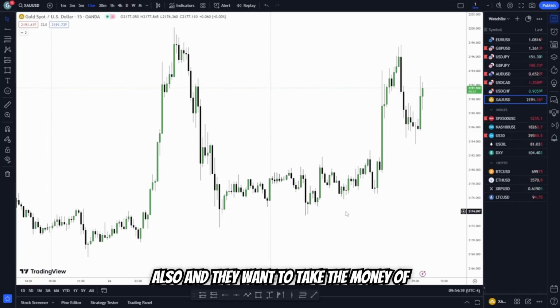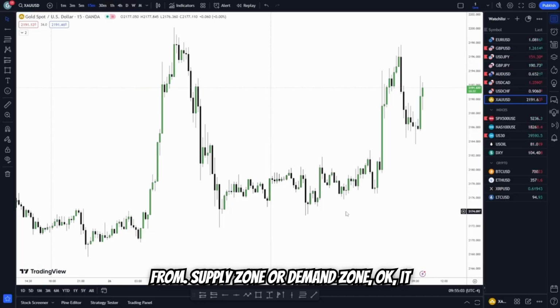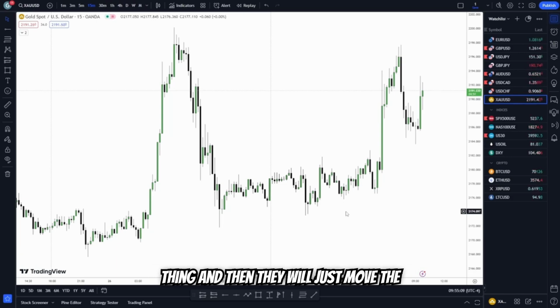also, and the money of normal retail traders. They want to take money wherever they can get it. If they see $100 left, they will take that also. And if they can take $100 from 1 million people in the market, that can be a lot of money for them. So that's why they create a fake narrative that the market is falling, a fake breakout, a fake retest from the trend line, a fake retest from a supply zone or demand zone. They will create that fake thing,